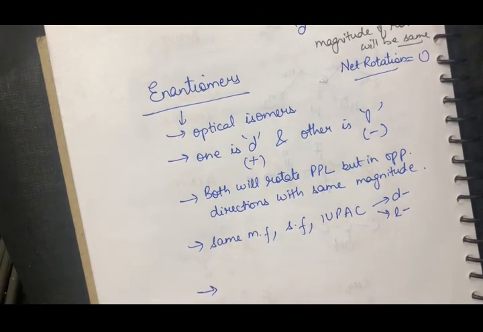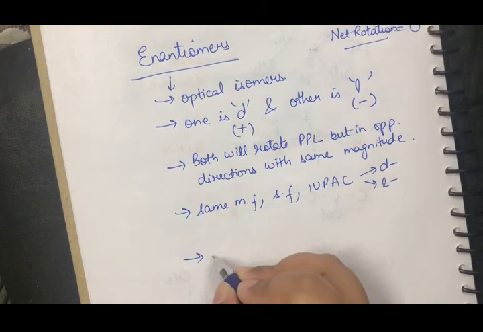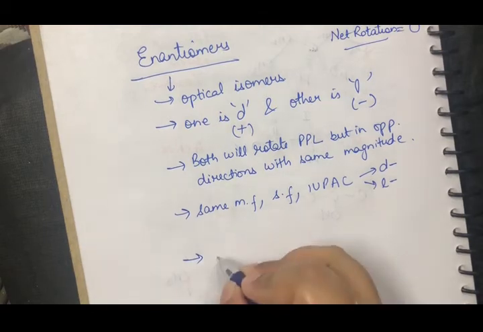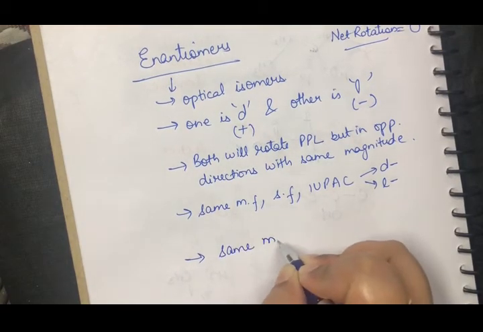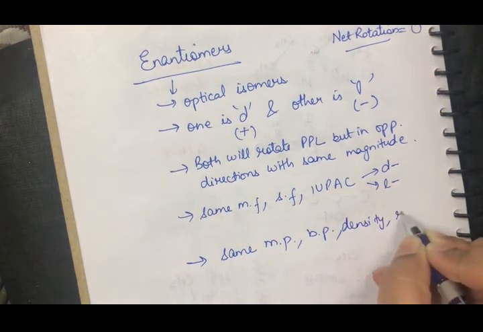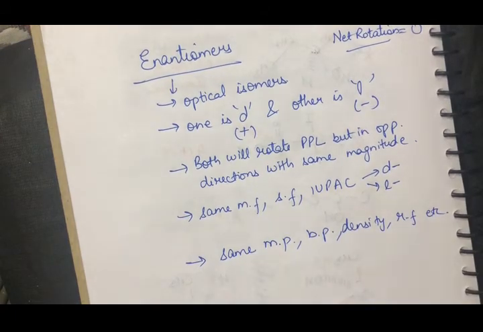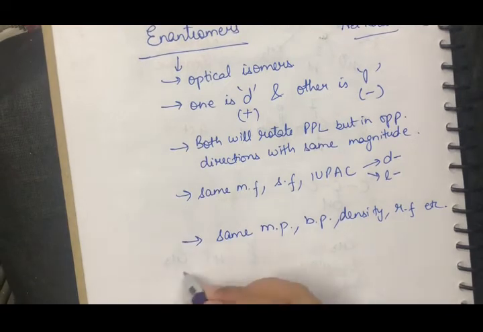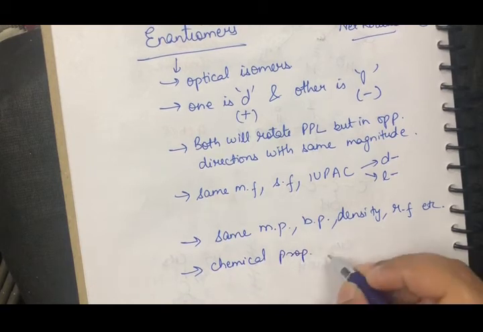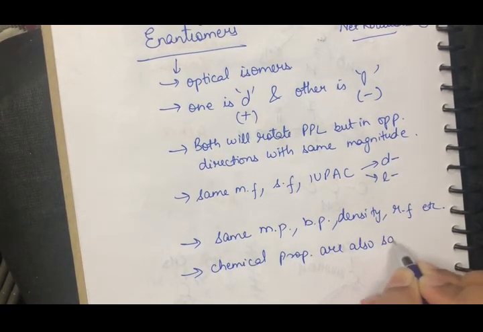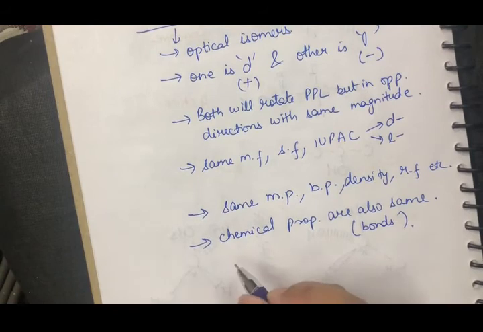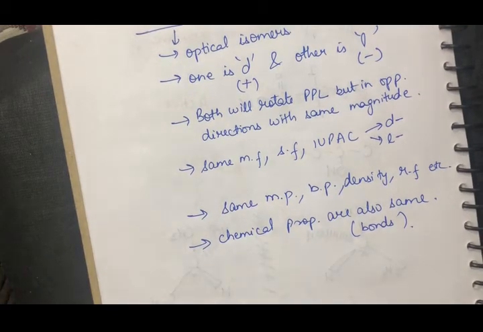Now the very next thing is, when we talk about the properties of enantiomers, सब कुछ तो सेम है, स्ट्रक्चर सेम है, रोटेशन सेम है, everything is same for both of them. So they have same properties, सेम मेल्टिंग पॉइंट रहेगा, सेम बॉइलिंग पॉइंट रहेगा, सेम डेंसिटी रहेगी, सेम रिफ्रैक्टिव इंडेक्स रहेगा, हर प्रॉपर्टी सेम रहेगी. नियरली सेम भी नहीं होगी, it is going to be exactly same. Now since the structure is same, orientation is almost same, bonds are same, तो chemical properties are also same because bonds are same, right? तो difference आ किस में रहा है, सिर्फ और सिर्फ उनकी rotation of light में, कि वो किस side पे कितना rotate करेगा.